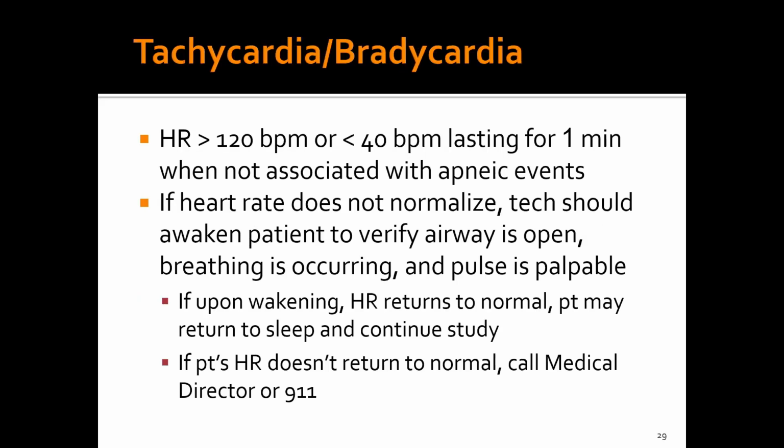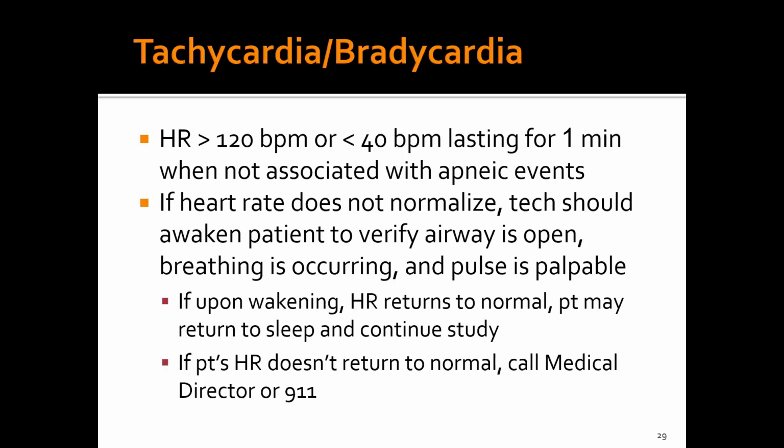Tachycardia, bradycardia: it's an emergency when the heart rate is more than 120 or less than 40 for more than a minute, and it's not associated with respiratory issues they're having, like apneic events or anything like that. Try to wake them up, see if their heart rate will normalize, make sure their airway is open, palpate their pulse. If after waking them up their heart rate doesn't normalize, then you have to call the medical director or 911. But if it does normalize, oftentimes we can continue on with the study, especially in the event